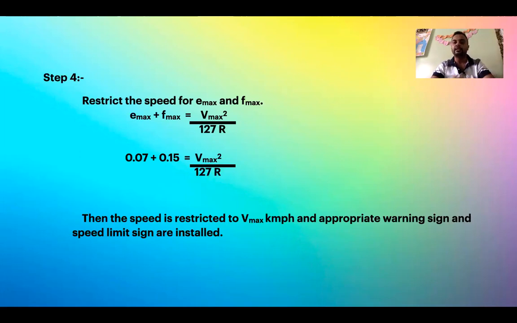Now, if you have earlier used the value of V as 100 km per hour, now you will get the value of V as less than 100, because using V as 100 km per hour, that condition of e equal to 0.07 and f equal to 0.15 was not satisfied. Now you will get the value of V as less than 100, maybe 80 or 70 or 60. So if you are getting the V as 60 km per hour, you restrict now the speed of the vehicle to be 60 km per hour. There will be a separate signboard mentioning that maximum speed equal to 60 km per hour. So in that particular zone of horizontal curve, you have to follow this particular maximum speed.